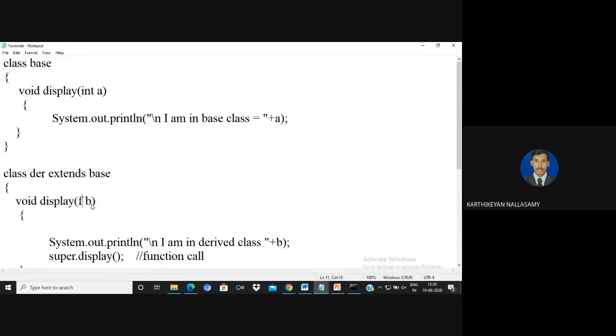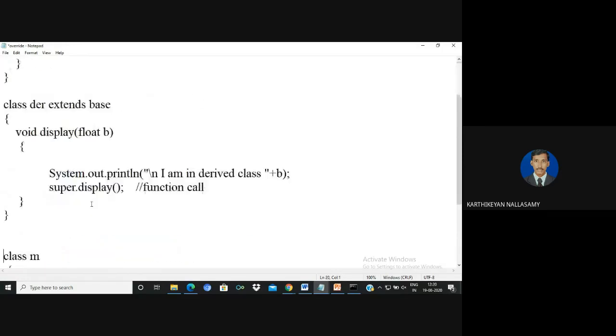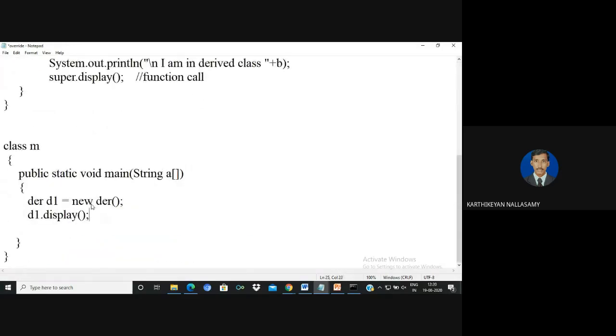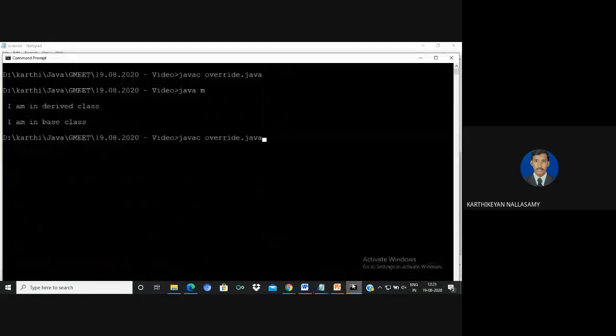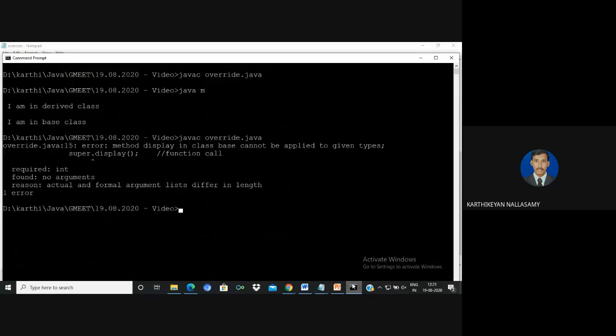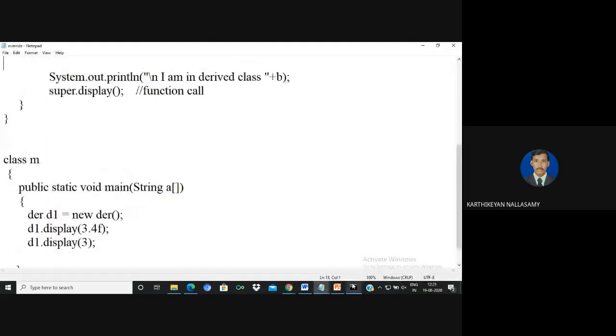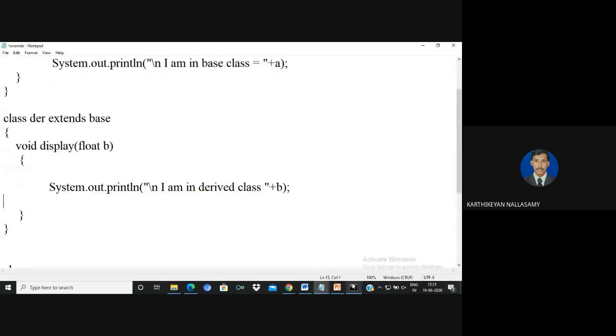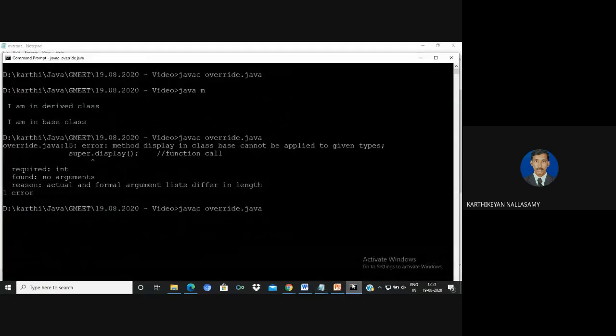If you say it is a float, it is not coming under function overriding. See, I can access it with 3.4f. We know it is a float. I can even call b1.display(3). We know that if you are using function overriding, it will know only the base class definition. Now we have to check whether it is coming under function overriding or not. Here, super is not applicable because we need to pass this argument. I don't want to pass it, so I can just remove that.